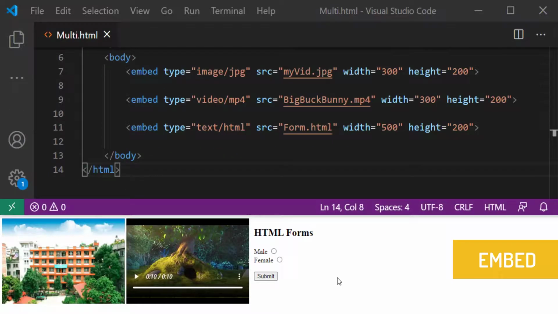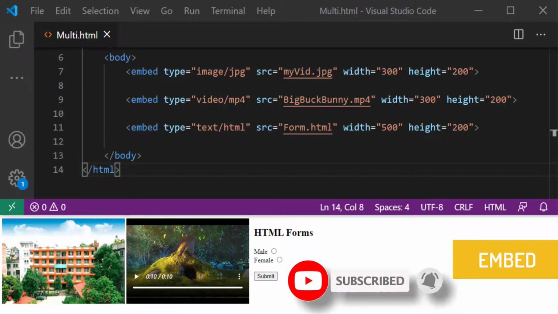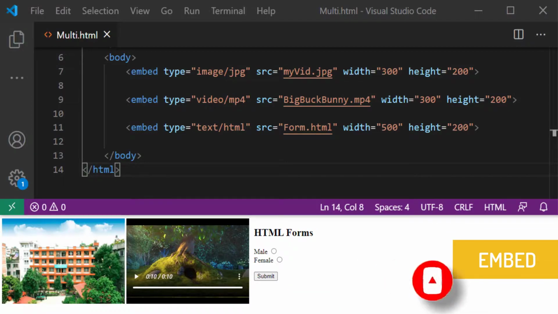The embed tag defines a container for an external resource such as a web page, a picture, a video, or a plugin application. These days, most browsers do not support Java applets, plugins, and ActiveX controls. The support for Flash applications has also been dropped in modern browsers. The embed tag uses various attributes to manage the content.